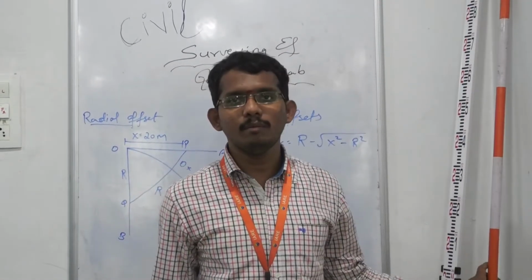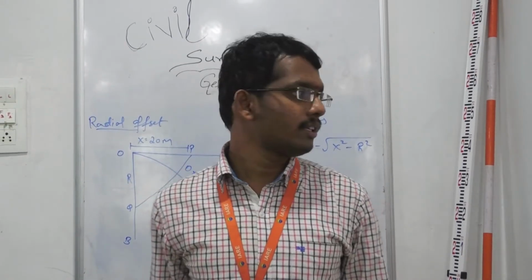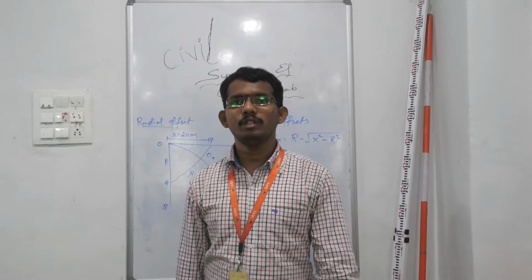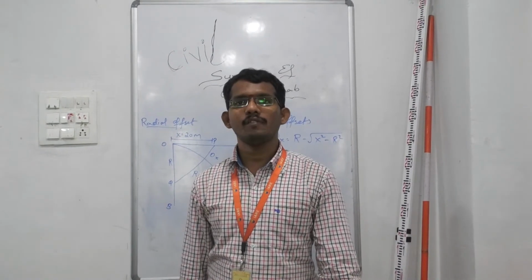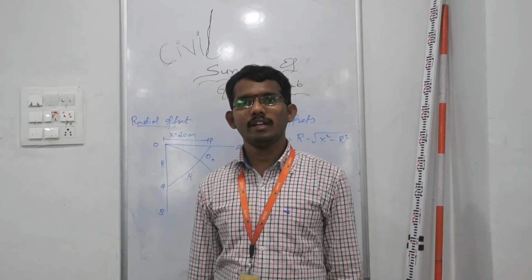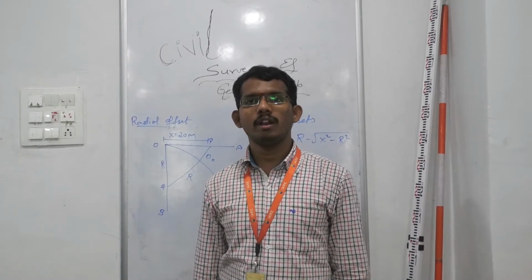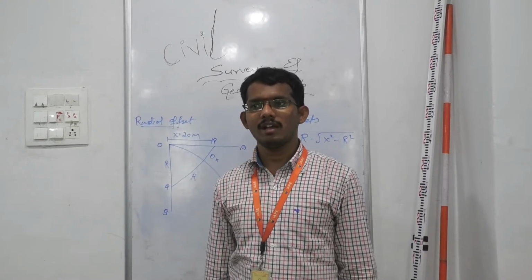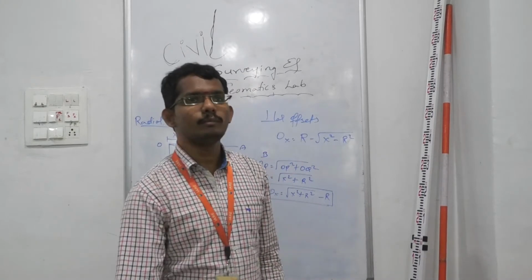Now let us see the procedure. Before going to the procedure, we have various methods like setting out of curve using the perpendicular offset method, radial offset method, offsets from long chord method, two theodolite method, and Rankine's one theodolite method. Let us discuss a very simple and easy method in today's class. Now my method is perpendicular offsets,